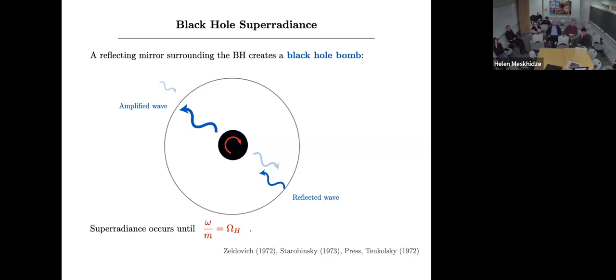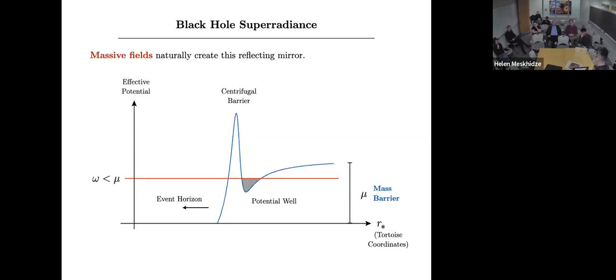So this thought experiment is called the black hole bomb scenario. This was proposed quite some time ago. Of course, we don't have reflecting mirrors in realistic astrophysical environments, so this is a very contrived setup. But the nice thing is that having a massive boson field, a boson field with mass, naturally plays the role